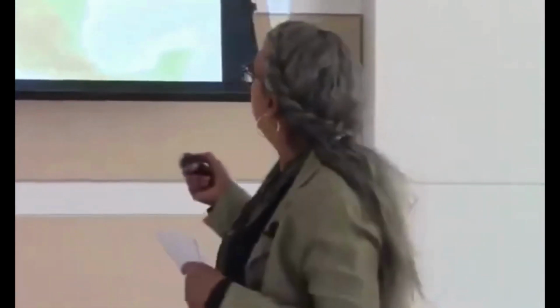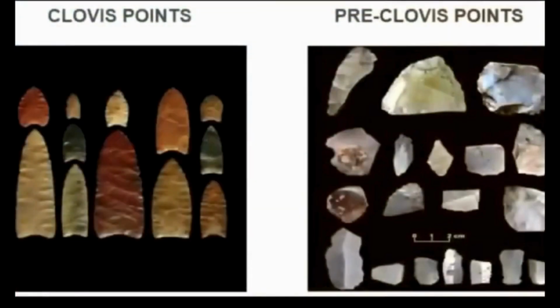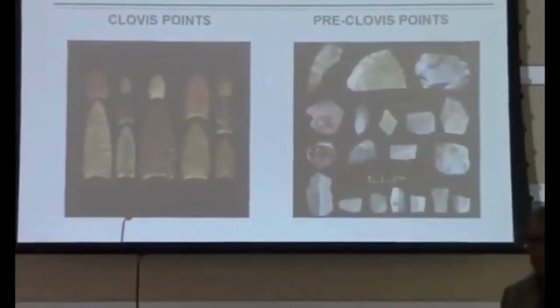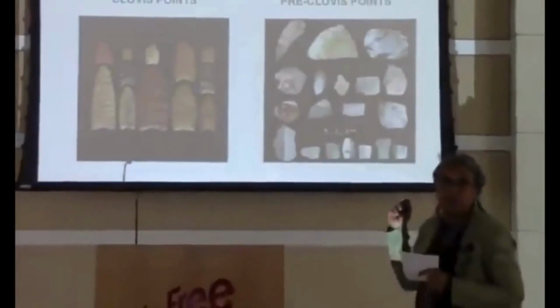Now again, these are people that first arrived across the Bering Strait. However, these are some of the tools that they had. These, again, were called Clovis points. Now the problem is that they have run into points or tools that are older than Clovis. Most of these points are on